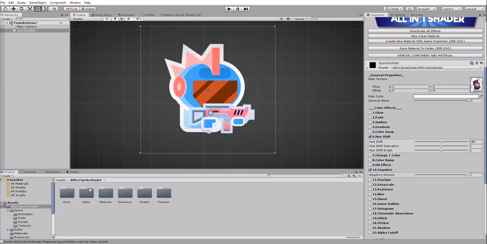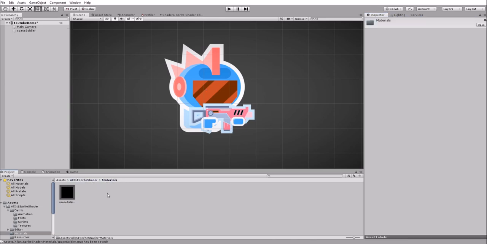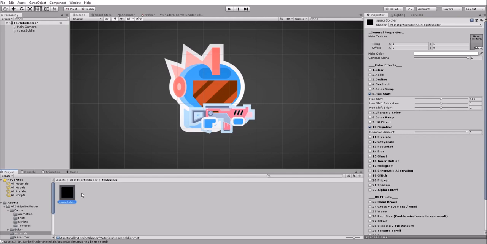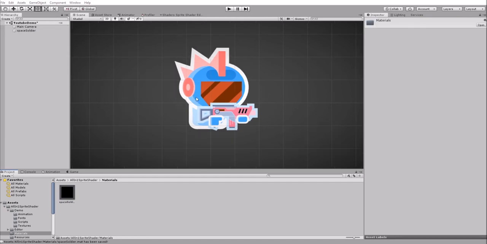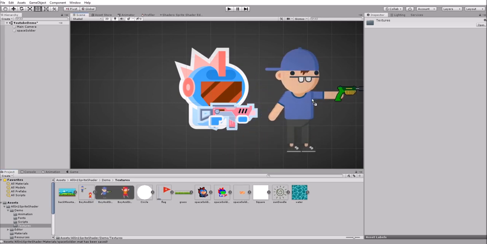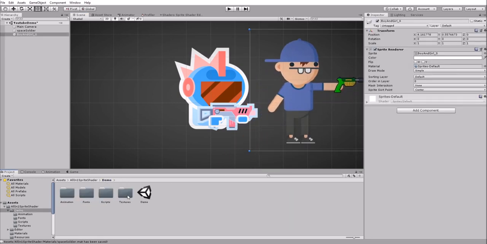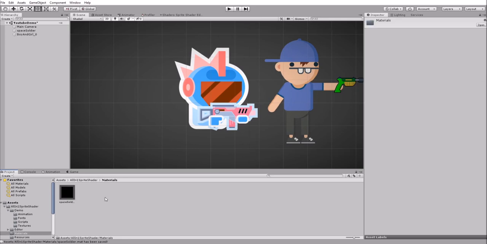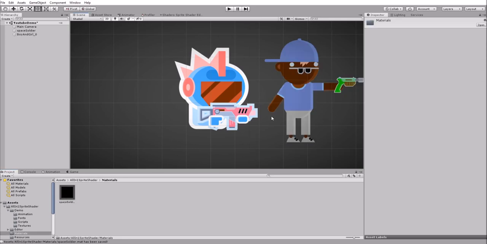And then if we go to AllIn1SpriteShader, we can go into materials and we'll see the material we just saved with the name of the current game object. So now that we have this material saved, it's really easy to replicate this look on whatever other sprite we want. For example, we can go into demo, textures, and just grab this boy here, and now we can go back to the material and we can just drag this material onto the boy and it will replicate the